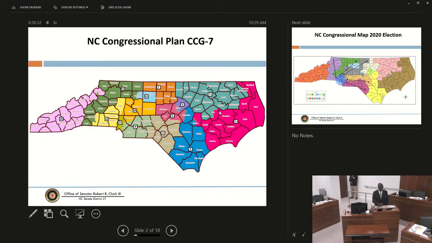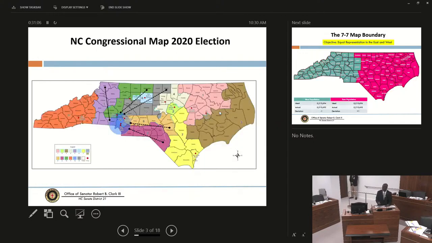And I want to talk about those things because one of the things that was mentioned by one of the individuals who came to the last public hearing, she said, there's no context here. I don't understand where this map came from or why y'all made the map the way you did. So for me, the best thing to do, I believe, is to first start from our current congressional maps, because there are things in that map that I thought were egregious that I did not want to continue on into the map that is before you now. All righty, so that'll just take a couple of seconds.